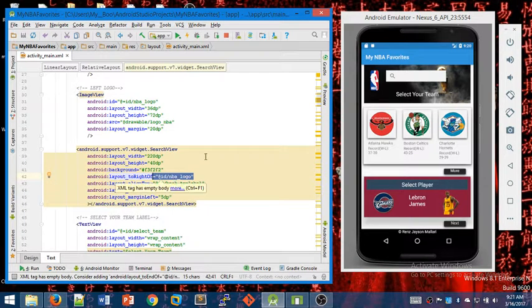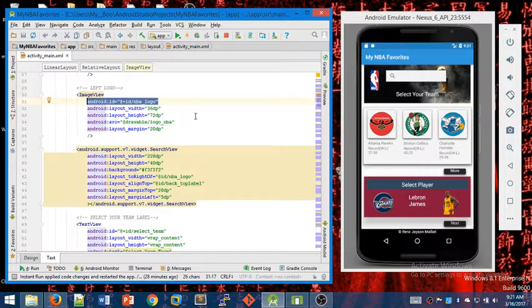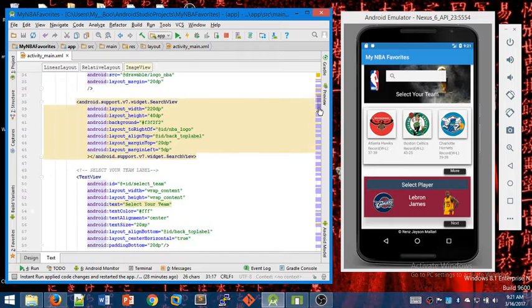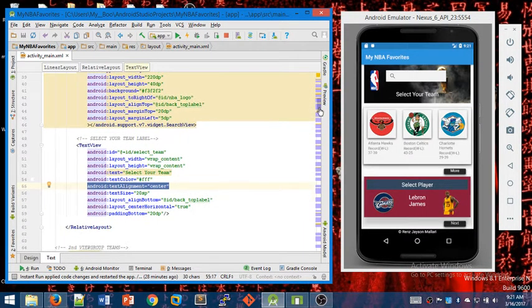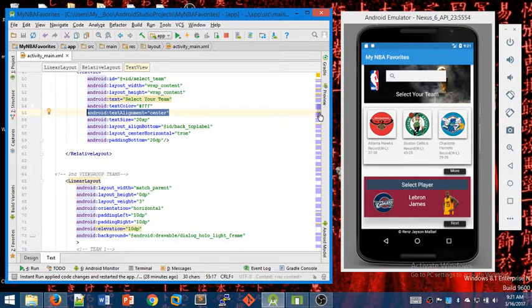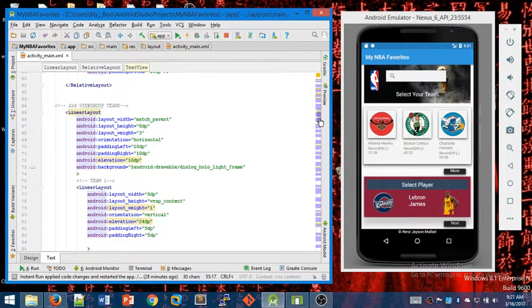They have to write up the NBA logo, which is this one right there. I set up the ID for this logo, and then I have a text view, which I set text alignment to center, which means it's gonna be centered for this view or this relative layout. And then this is my